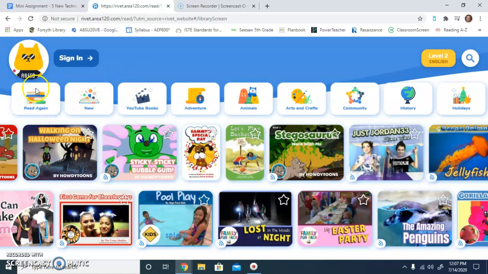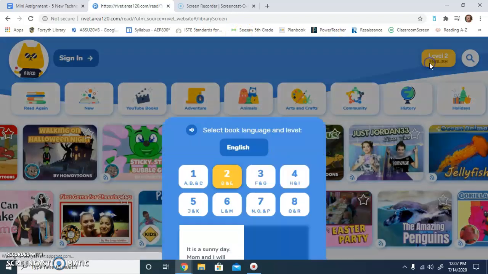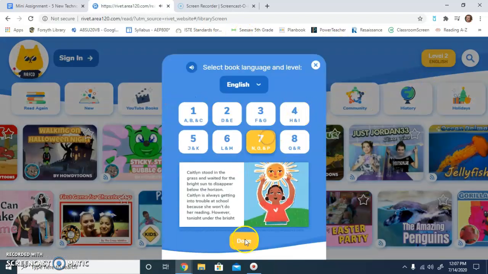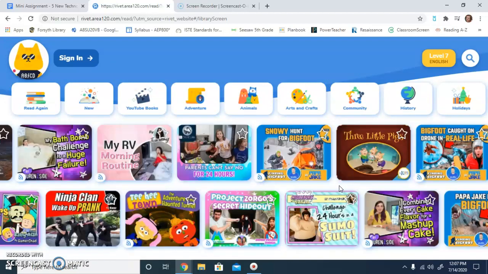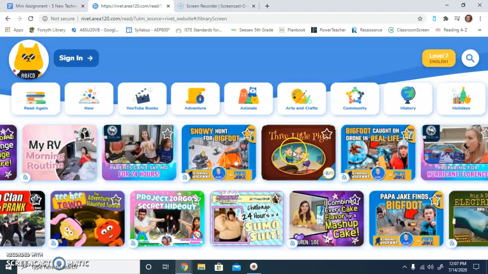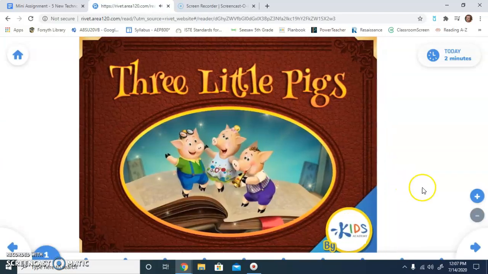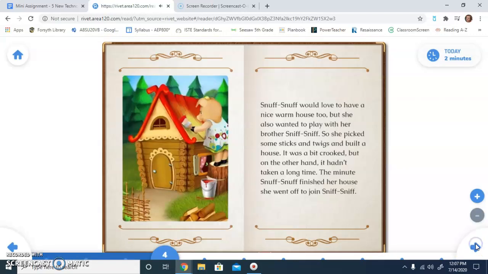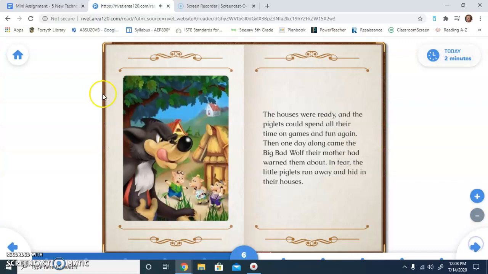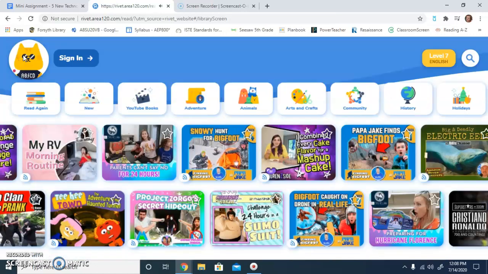It keeps a collection of what books they've read before so that they can go back and read them again. And at any point, they can adjust the reading level. So this can be done in families. If we have students at different reading levels or grade levels, they can choose from both fiction and informational text. As we flip through these books too, students can click through, see if it looks like something that they'd be interested in trying, and then go back